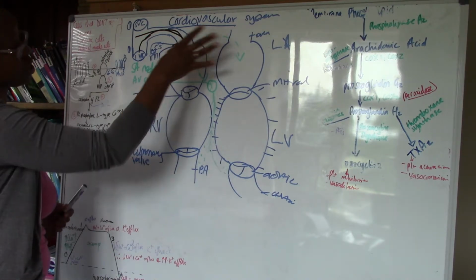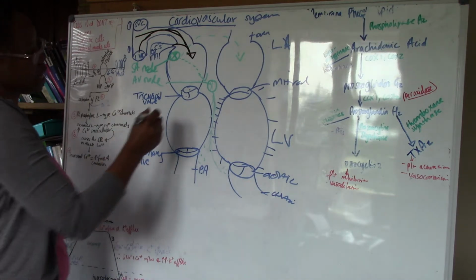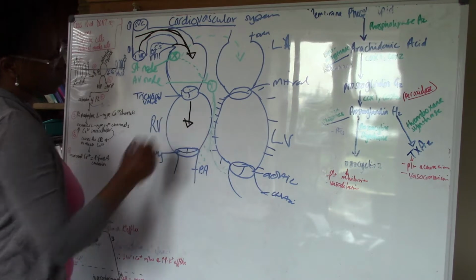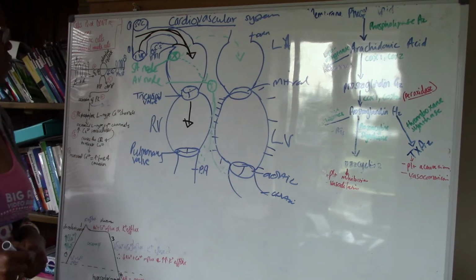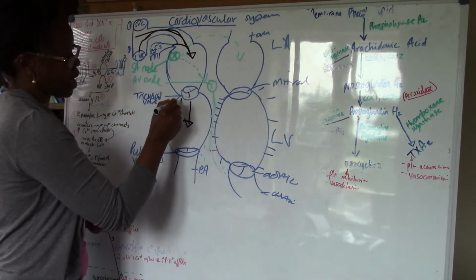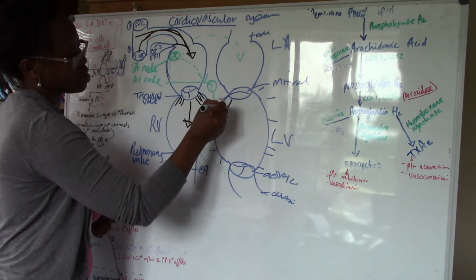The impulse is generated, the atria contract, the tricuspid valve opens and allows blood to flow into the right ventricle. So an important aspect really of these atrioventricular valves is that they are held in place by cord-like tendons